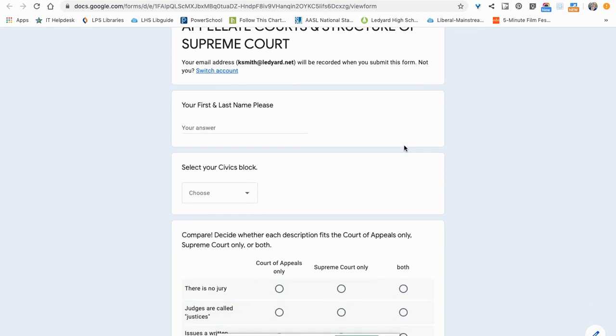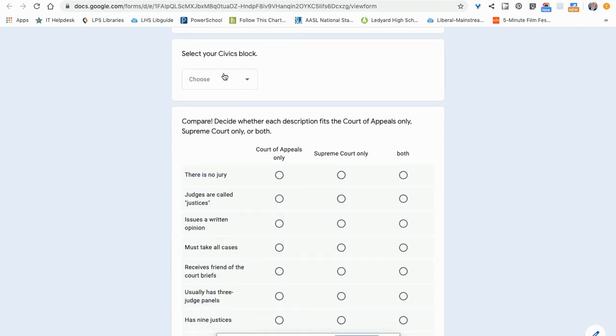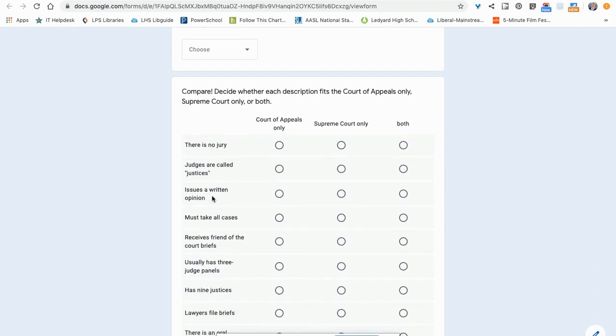Okay, this time I'm going to ask for your first and last name. Last time we collected email addresses, it was fine. We figured out who you were, but it took a little bit more effort than we expected. So make our life easy, please, and just tell us your first and last name. And you're going to pick your civics block. The next section